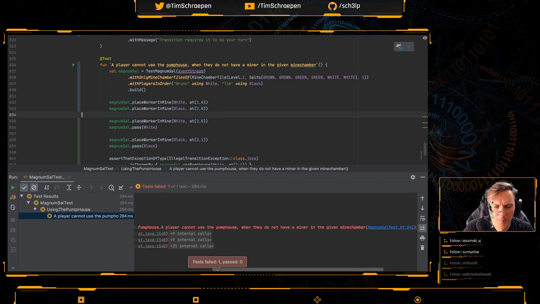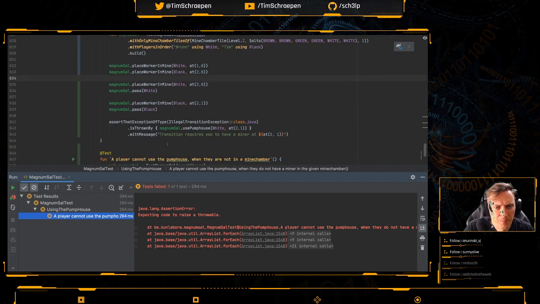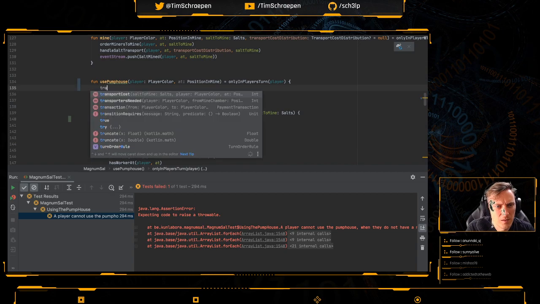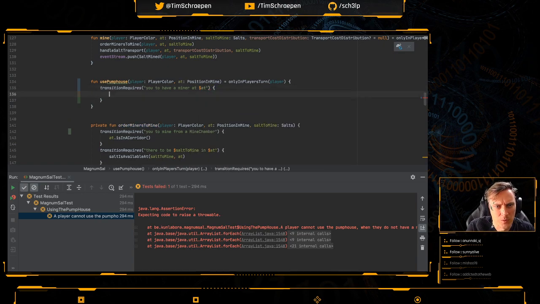Alrighty. And the error is not being thrown, so let's try and implement this. Then I can say transition requires you to have a miner at. And when do I want to say that? Well,